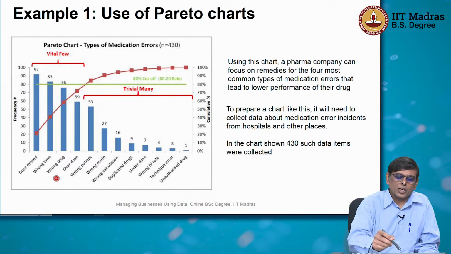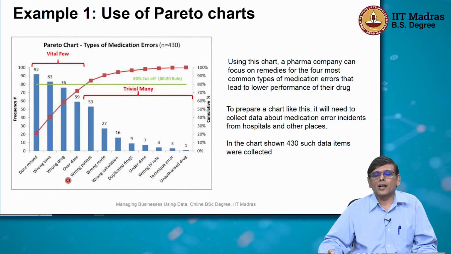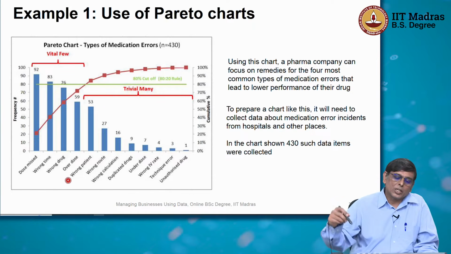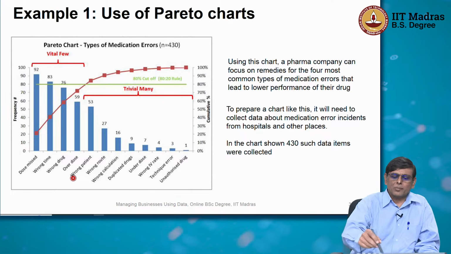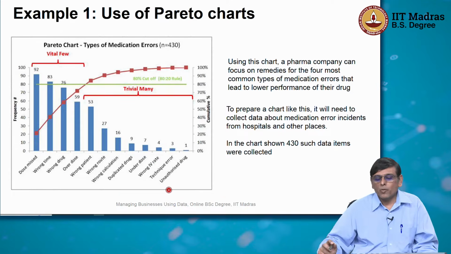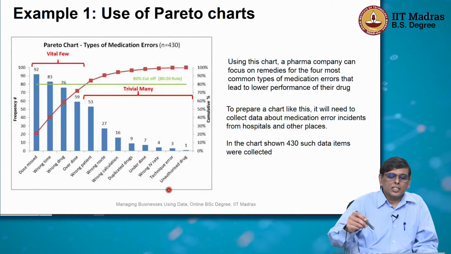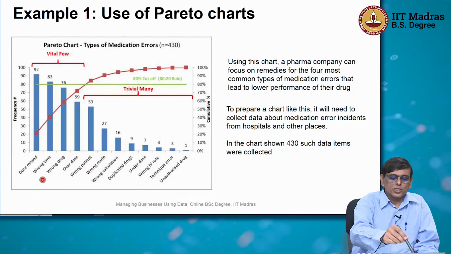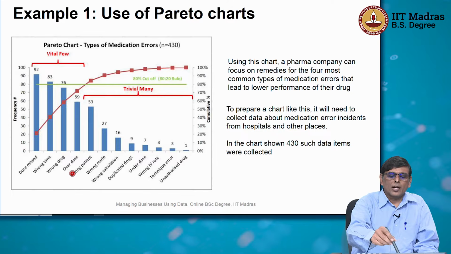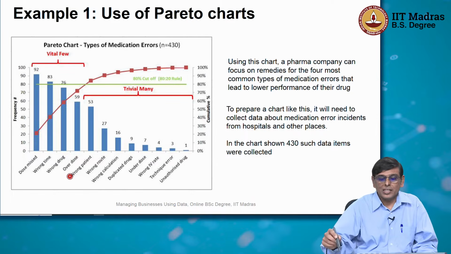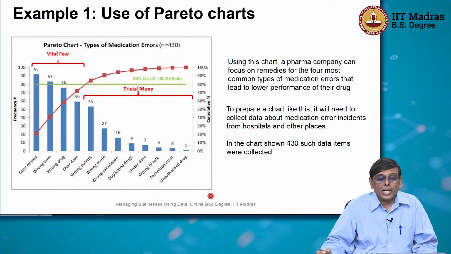So like that, a wrong drug was administered, or we said 2.5 milligram of the drug, maybe 5 milligram was given. So a different dose of the drug was given. Like that, there were many reasons. Okay, so I'm not discussing all the reasons, but there are many reasons. But what is interesting to note here is that if you take the first 4 items, that is dose missed, wrong time, wrong drug and overdose, these 4 reasons, they account for as much as